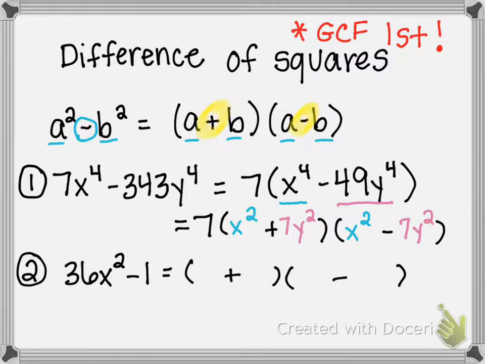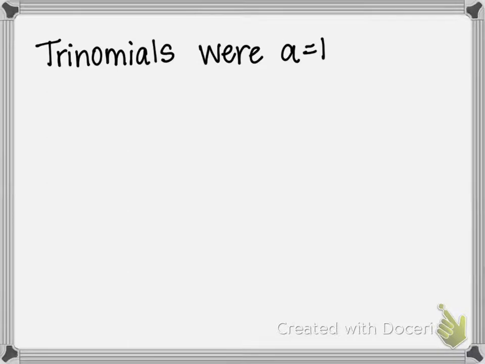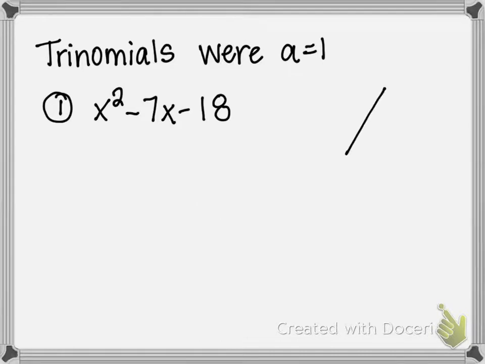So the square root of 36 is going to give me 6. And x squared, the square root of that is going to be x. And the square root of 1 is still going to be 1. Alright. And then we have factoring with trinomials. So if I'm factoring with trinomials where a is equal to 1, then we're just going to look at, I call it an X chart, but really we're just trying to find a set of numbers that would apply to the problem. So if I have x squared minus 7x minus 18,